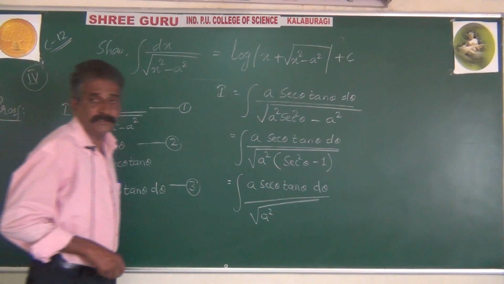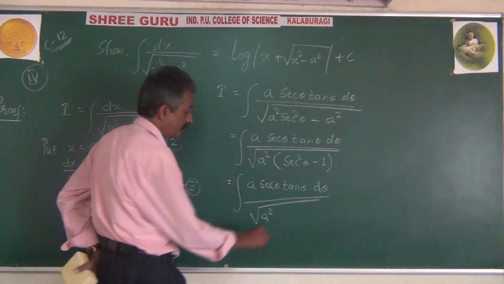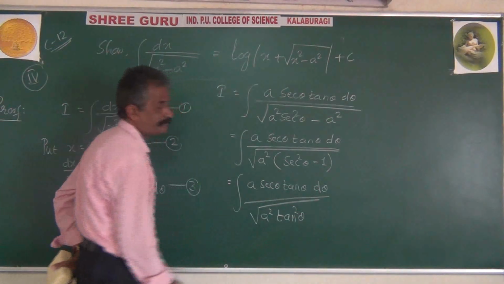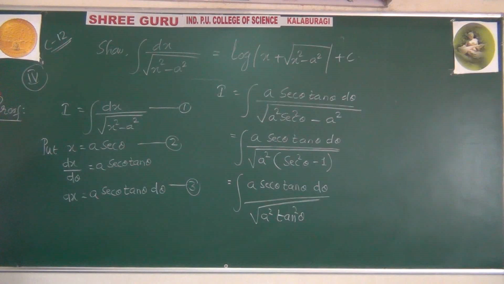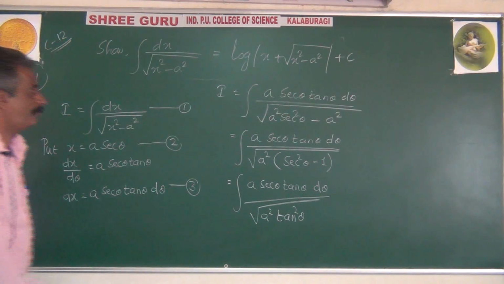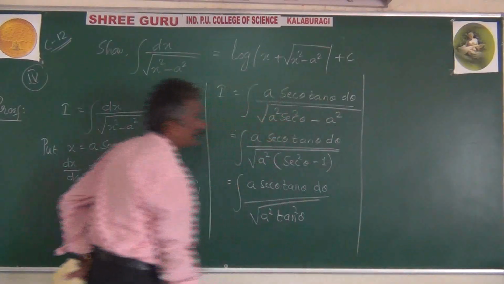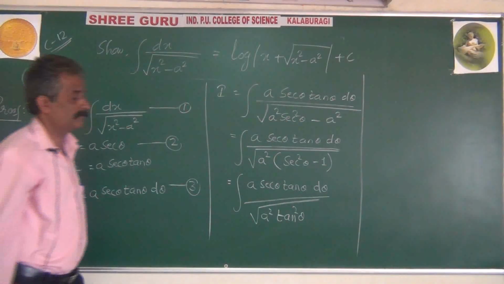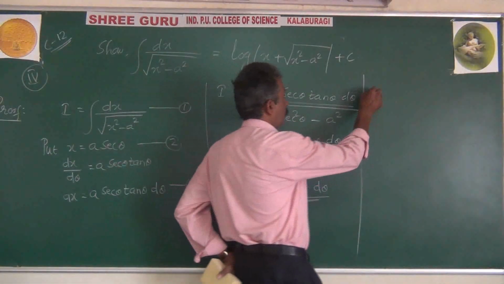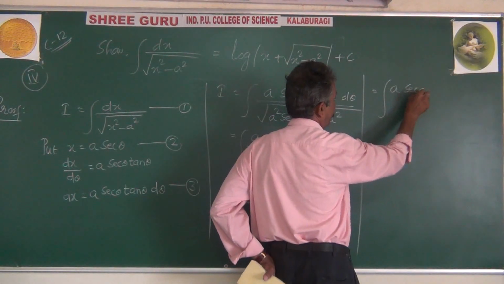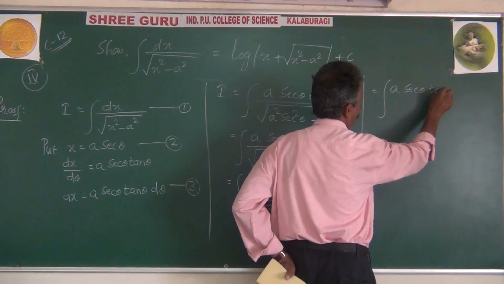That's why secant square theta minus 1 is tan square theta. That is equal to integration a sec theta tan theta divided by